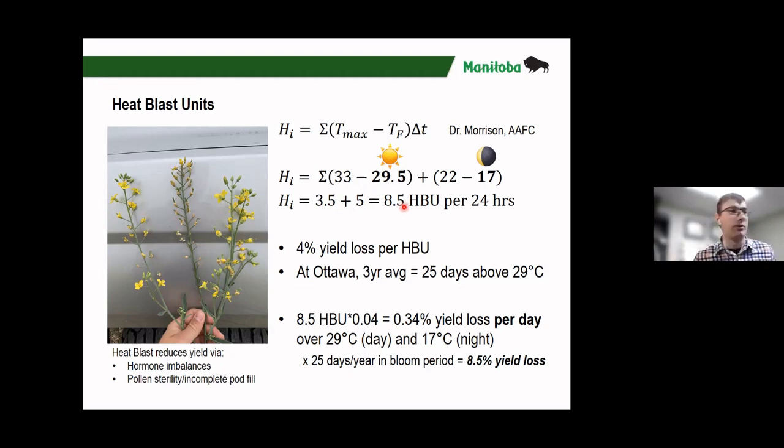And based on research too, we see that there's about a 4% yield loss per heat blast unit. So just certainly something to consider. I threw that Ottawa number in here just to give you a formula to run through. So if I assume that all 25 days that were on average above 29 degrees all occurred during that flowering window, they may not, but if they all did, 8.5 heat blast units a day, say that's standard, and say we have these temperatures all the time,